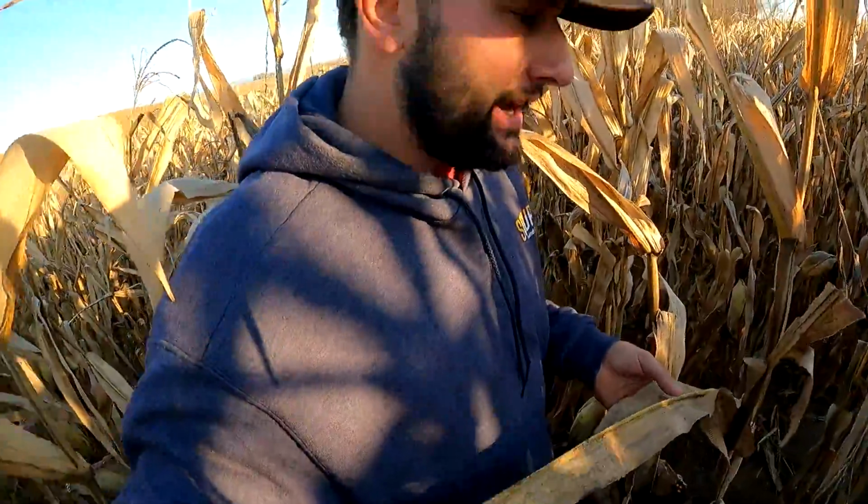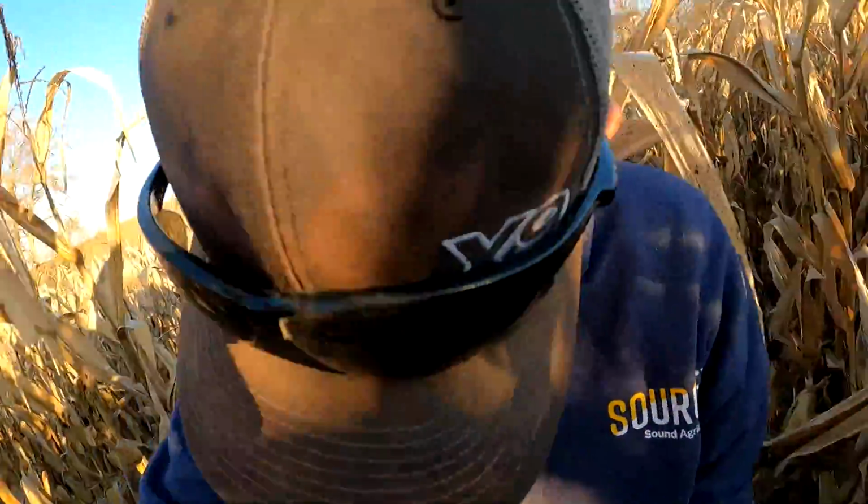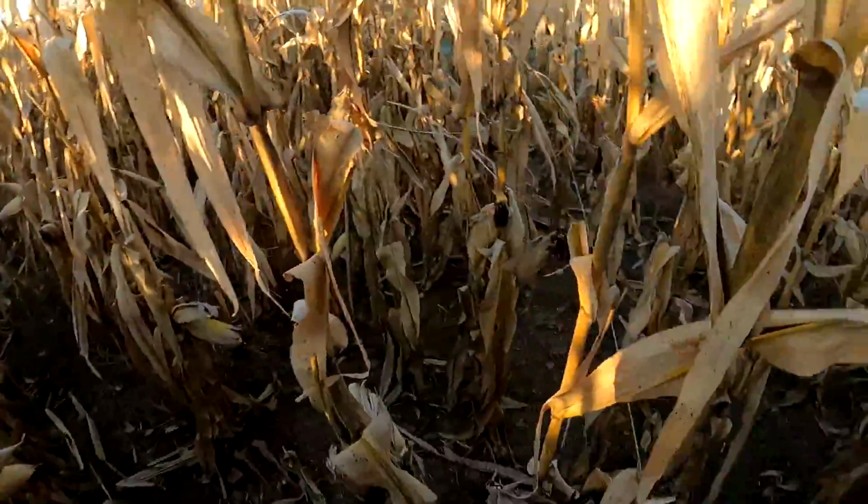A lot of tar spot on here. I haven't been in here in a little while, but this corn is hopefully going to be coming off soon if I don't get caught on my...